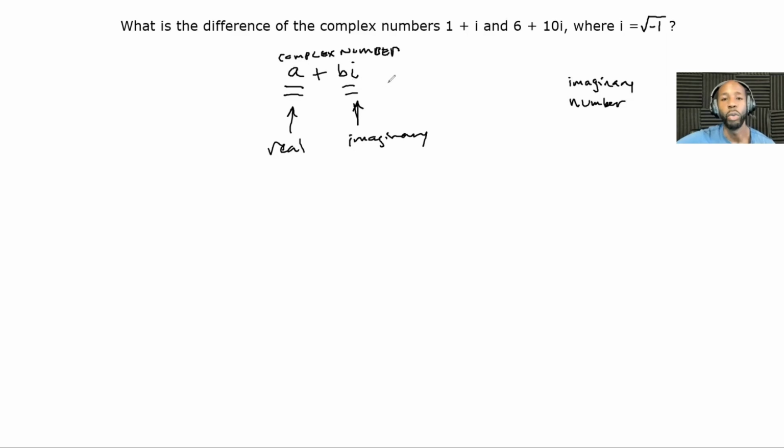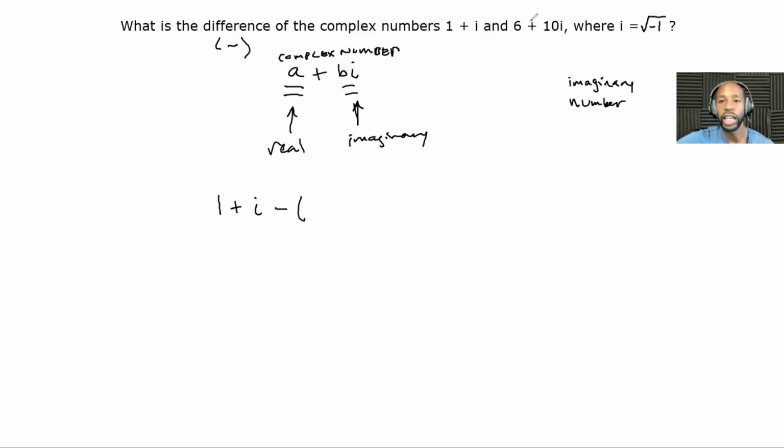Okay. So now, whenever you add or subtract complex numbers, it's very easy. All you do is combine the real part with the real part and the imaginary part with the imaginary part. So let's do this. 1 plus i. We want the difference. So remember, difference is subtraction. Minus,